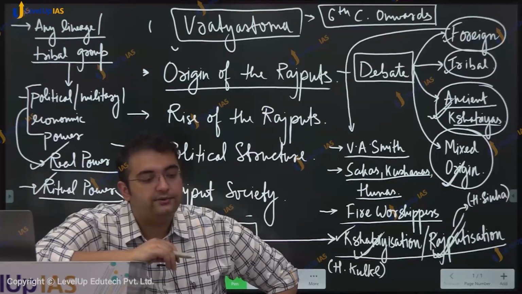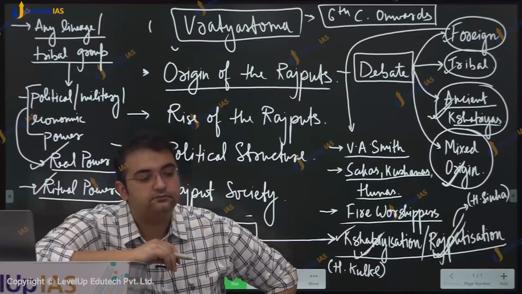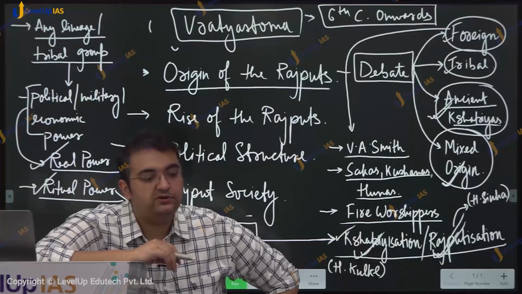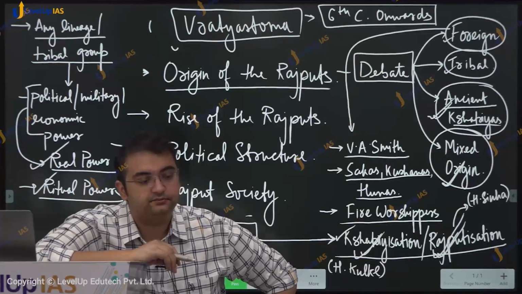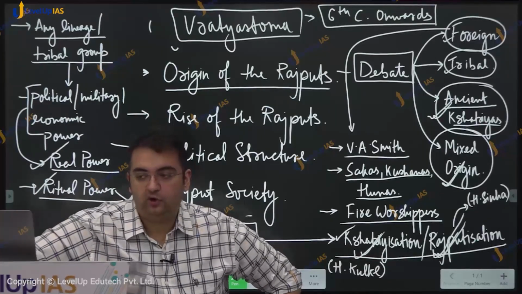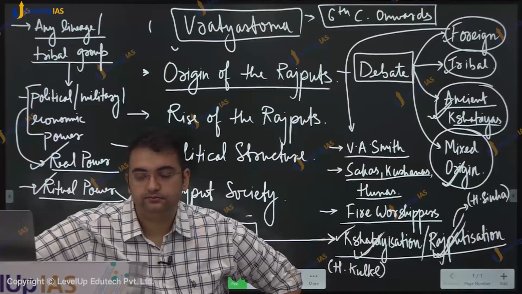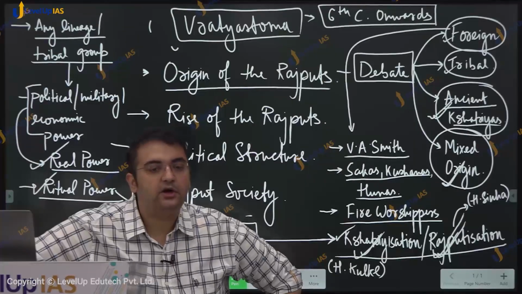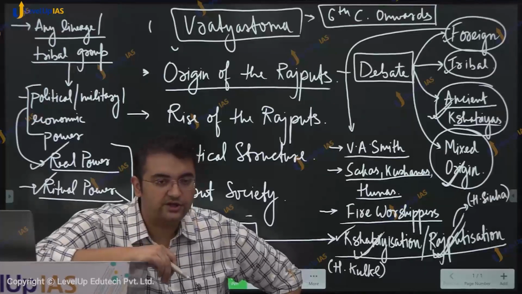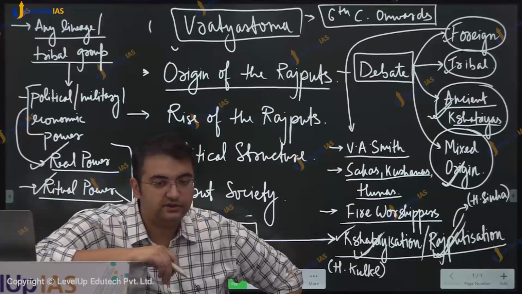According to Colonel Todd, many of the Rajput lineages had emerged from aboriginal groups. Aboriginal groups मतलब indigenous tribal groups. ठीक है, aboriginal groups. Example,